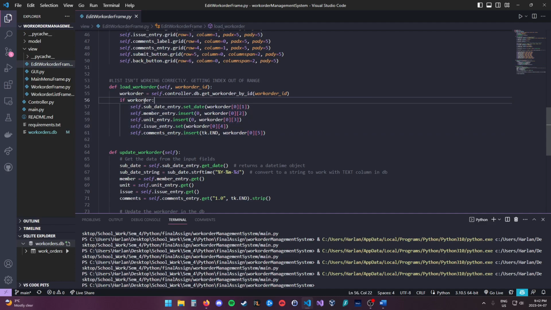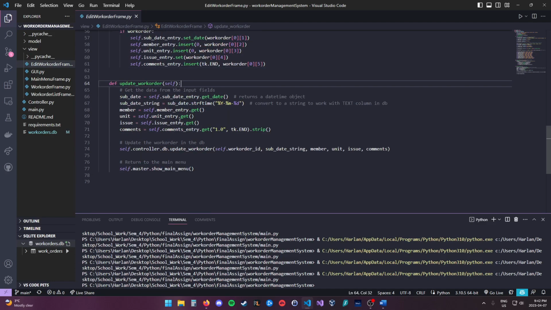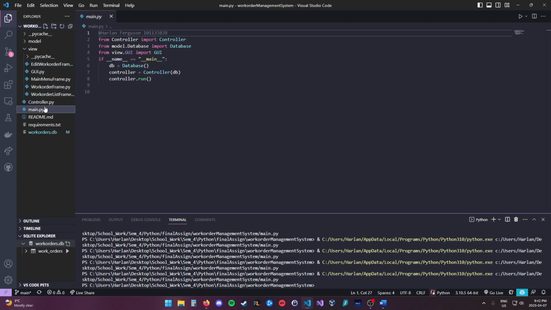And so we do a load work order, which is just getting a work order by ID, and then just populating the fields with that item. And then when we update the work orders, you click a button to make an edit. Similar like we've seen before, we get everything from the fields after they've been changed or not changed. Call an update work order function that we saw in the database class, and then we return to the main menu. So showing that,